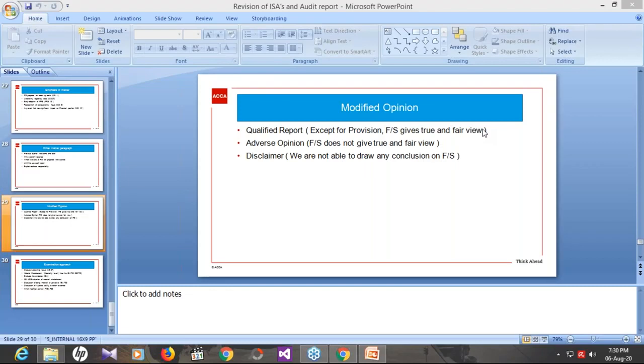This question is related to the code of ethics that we discussed on our first day. No, you have to relate it with objectivity. The code of ethics cumulatively discusses the matter of independence. So if there is no objectivity or integrity, then the auditor is not independent. So basically you have to focus on the code of ethics.